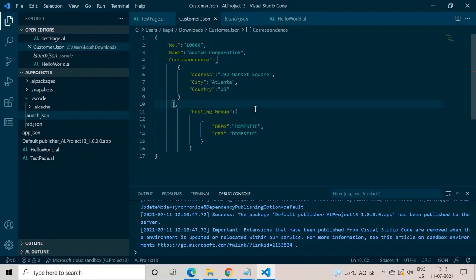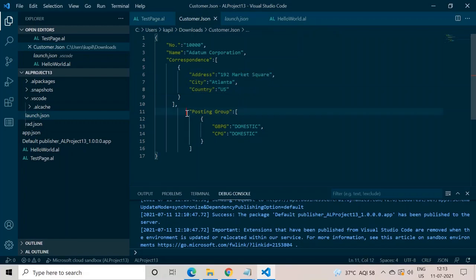As you can see, this is our JSON file which has been downloaded by what we have written in our code. The first thing is number and name. Then we have added one category of correspondence, and it was array based, so that is why these square brackets. In this array we have defined three objects: address, city and country.